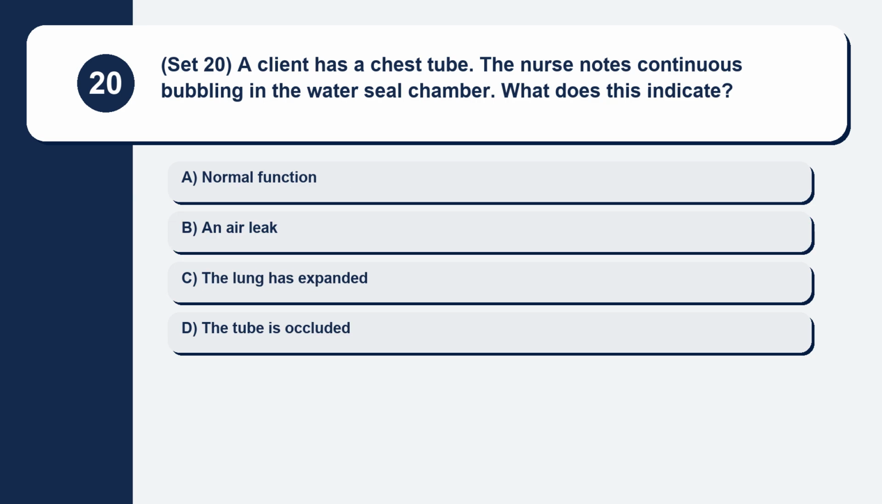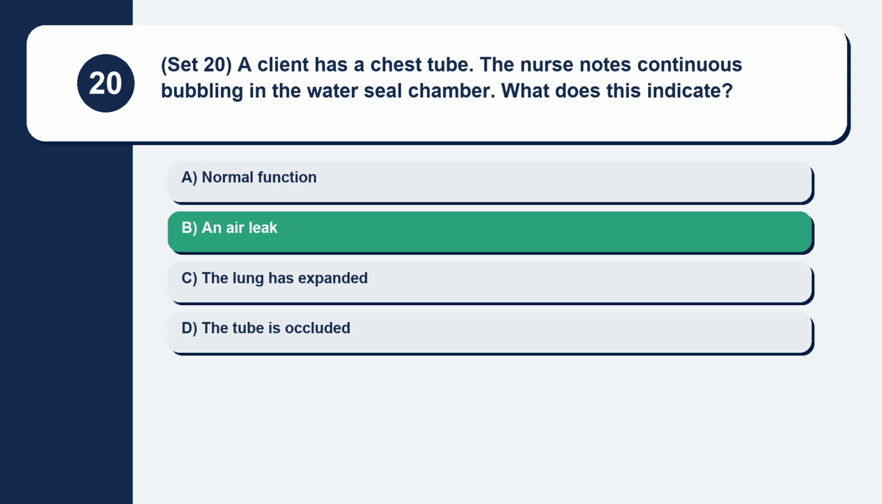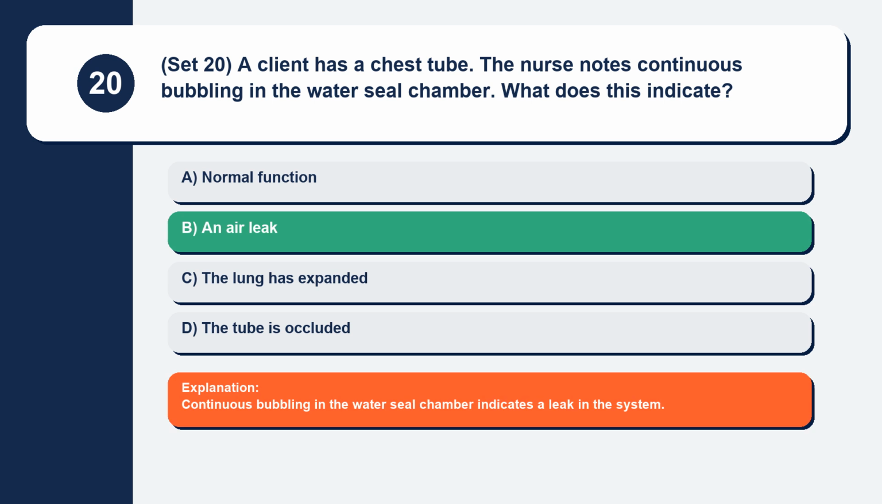Question 20. Set 20. A client has a chest tube. The nurse notes continuous bubbling in the water seal chamber. What does this indicate? Normal function, an air leak, the lung has expanded, the tube is occluded. Continuous bubbling in the water seal chamber indicates a leak in the system,